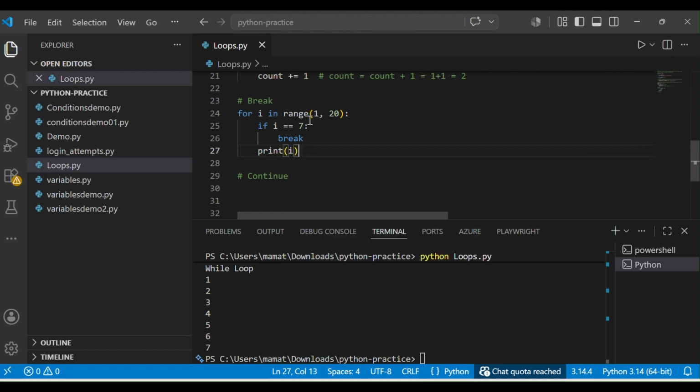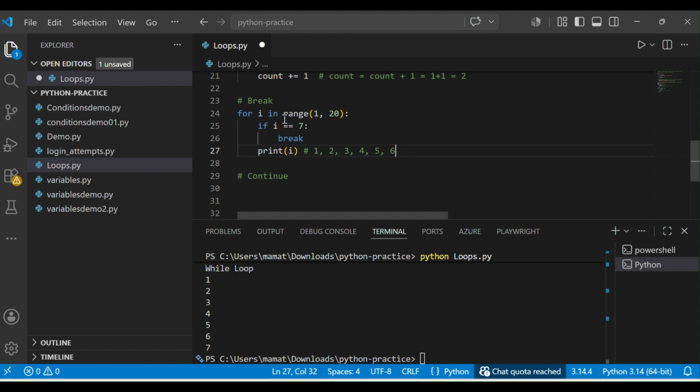See here how it's going to work. Initially the i value will be 1, so it's going to check the condition, is i equal to 7. That is false, so it will not get into this if block. It will print the i value as 1. Then the i value increases to 2, so it prints 2, because this condition will be false and not executed. Like this, till the i value reaches 7, my user IDs will be printed.